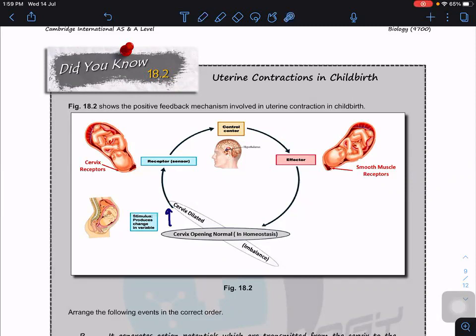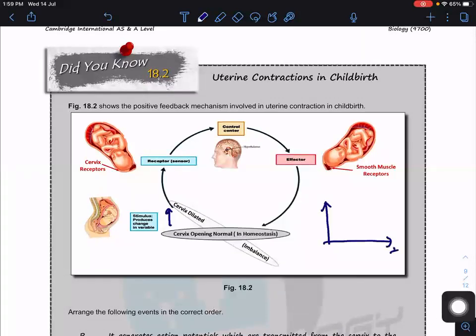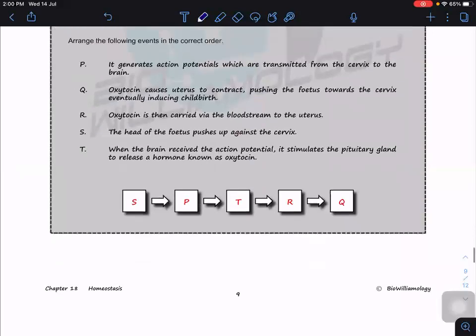Are you clear? So in this case, you can see that it's a feedback loop, but it's a positive feedback loop because the cervix dilation, if you look at this, the parameter, if this is the time, you can see that it continues to increase for the cervix opening, okay, until the entire process finishes, then it will go back to normal again. So this is a positive feedback mechanism, okay. So you can try the questions. So this is the answer